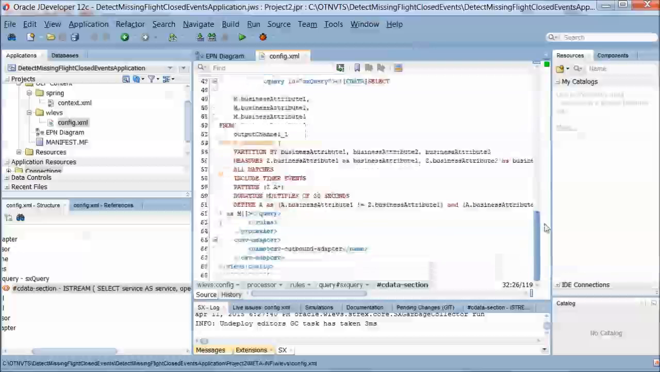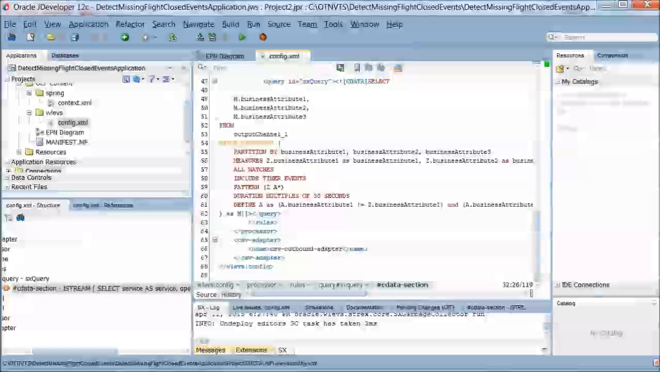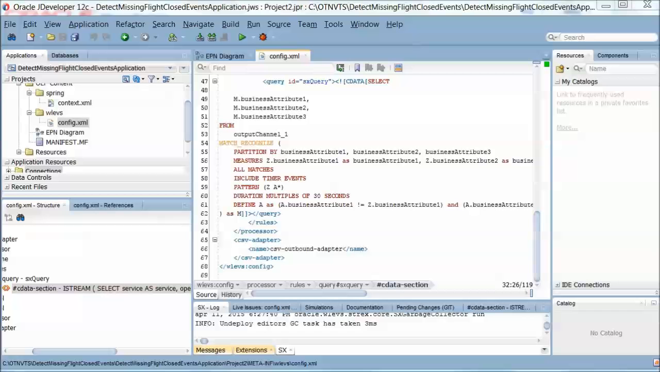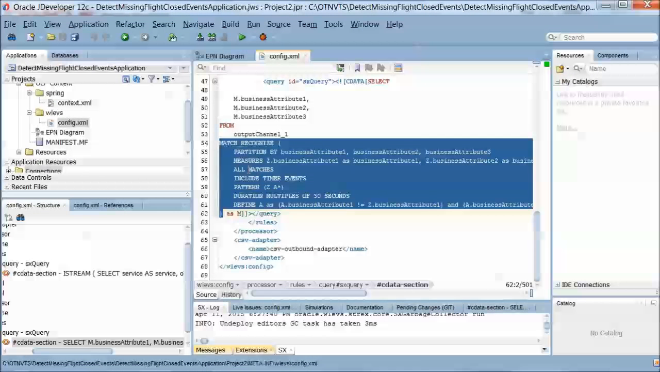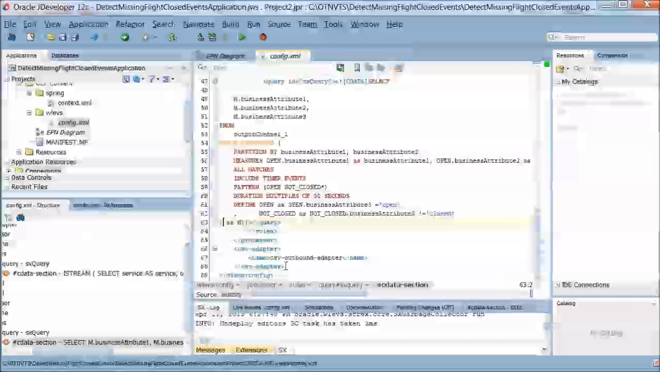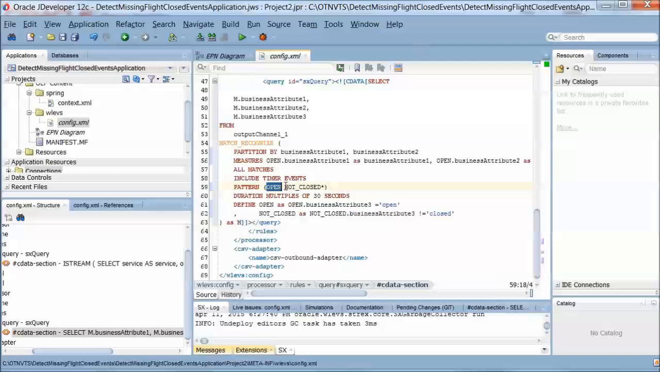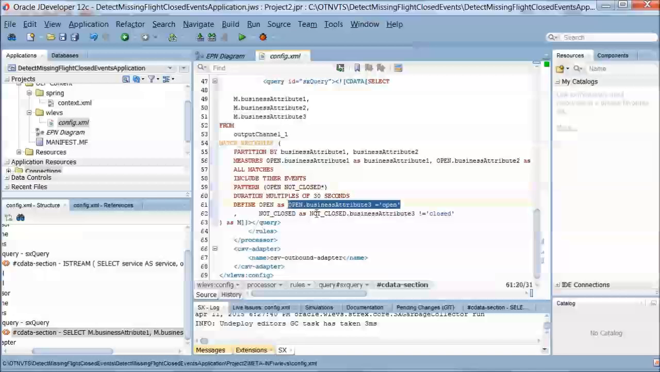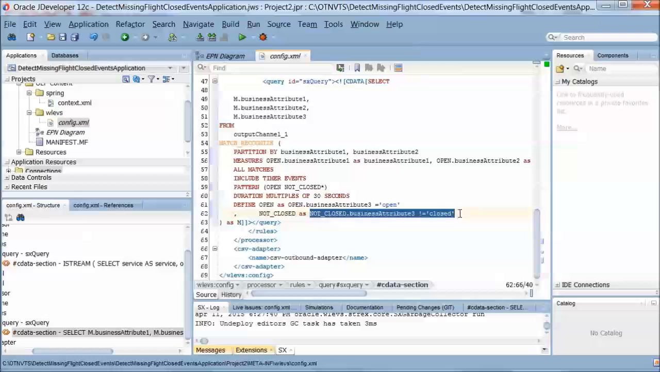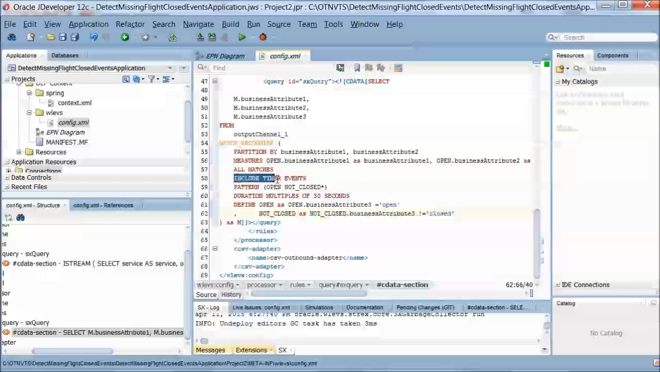And now we look at the second processor, which contains the CQL statement with the missing event detection pattern. We're going to replace a little bit of this CQL statement. And here is the replacement. We look for a pattern that's defined as open and not closed, where open is an event with the business attribute 3 set to open, and not closed is any event which does not have a business attribute property set